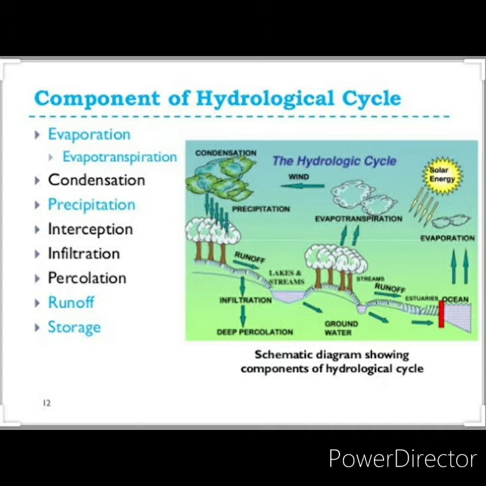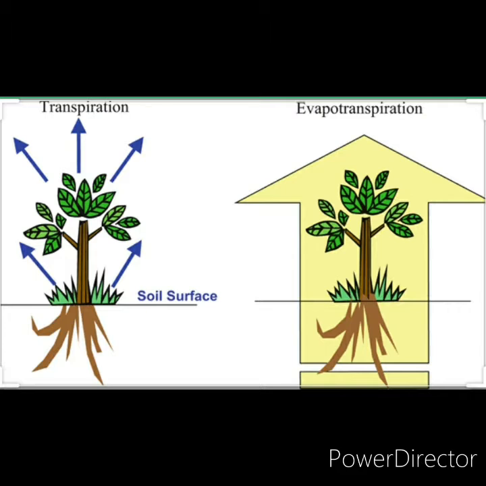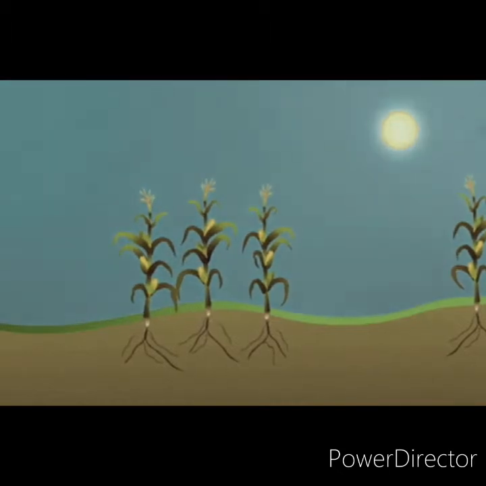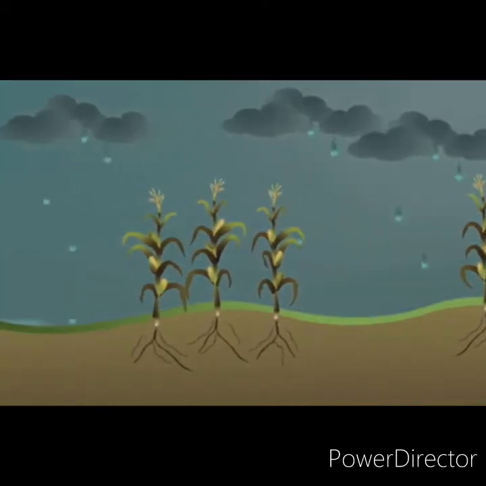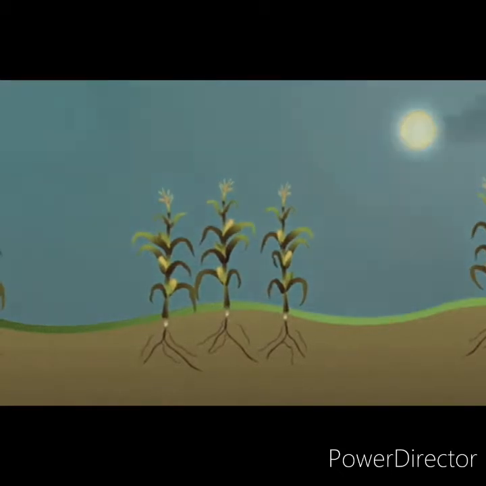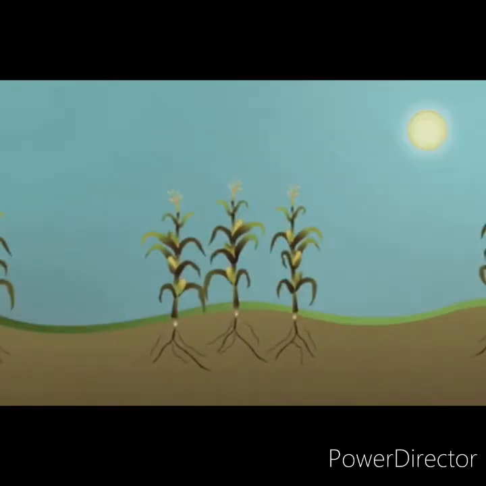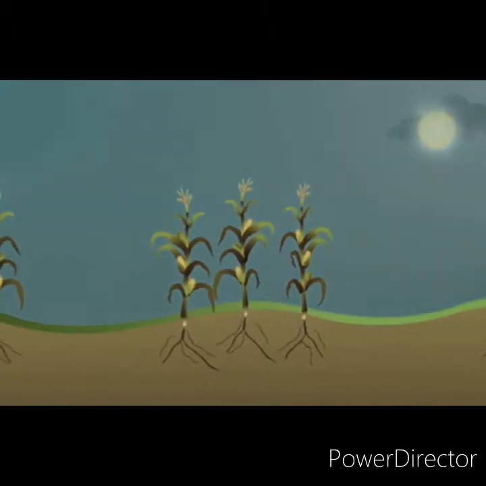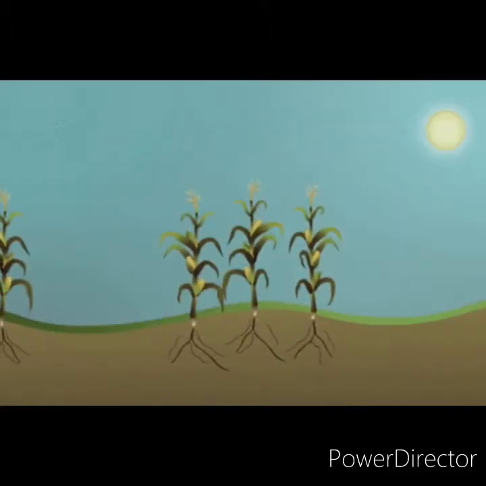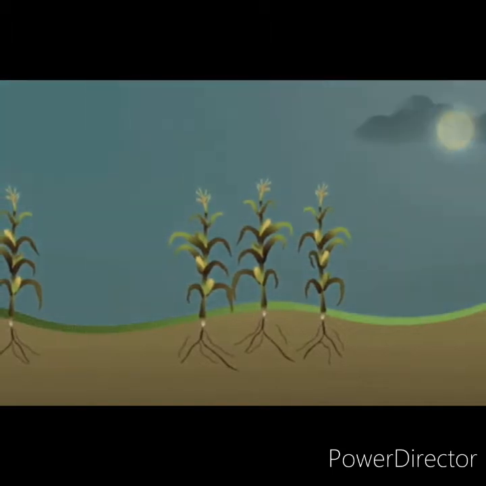Components of the hydrologic cycle. There are 6 main components in the hydrological cycle. They are evapotranspiration, condensation, precipitation, infiltration, percolation and runoff. At first we will move on to evapotranspiration. It is defined as the total loss of water from the earth through evaporation from the surface water bodies and transpiration from vegetation. In a cropped area, it is difficult to determine the evaporation and transpiration separately. Therefore, it is collectively called evapotranspiration.